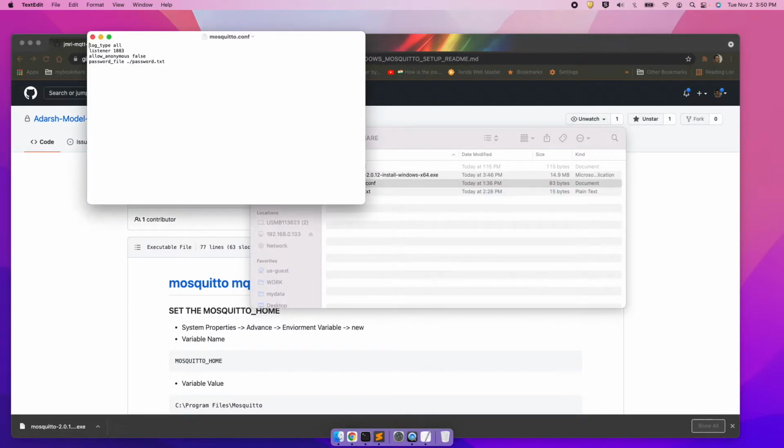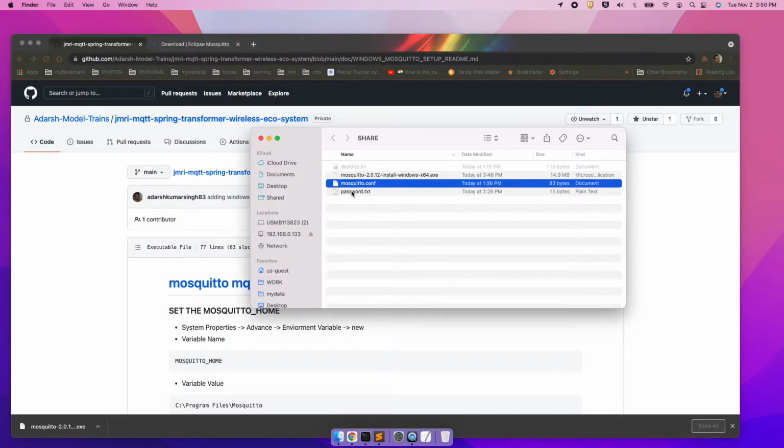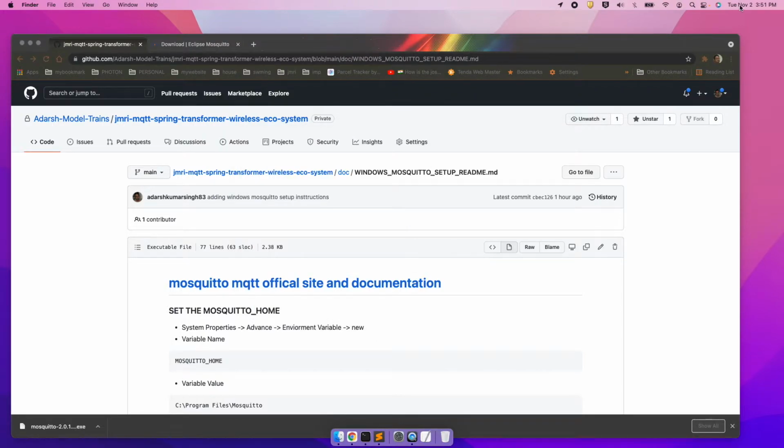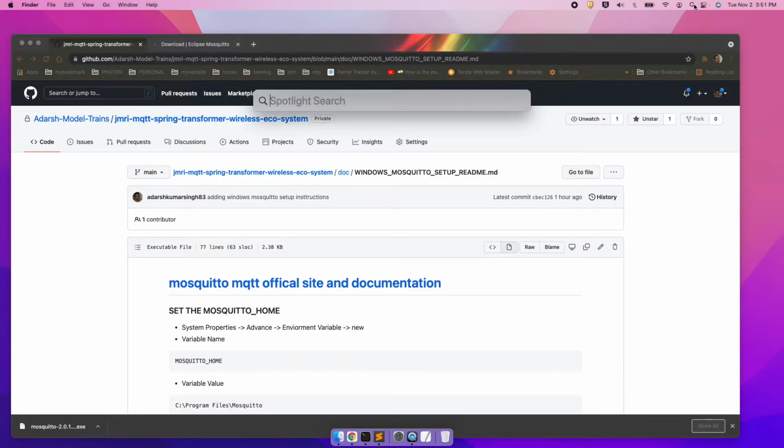I'm using log type all, listener, and allow anonymous false, because now I don't want anyone to connect to this. Whoever has the credentials can connect to the mosquitto server, and the password file location. So always ensure that the password file and config file are in the same place. After that I'll eject, and I'll use